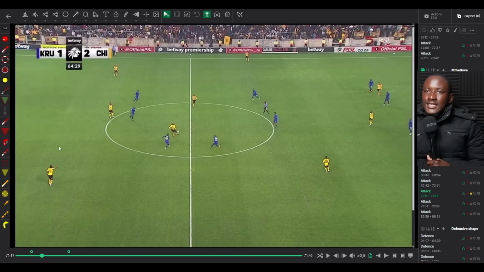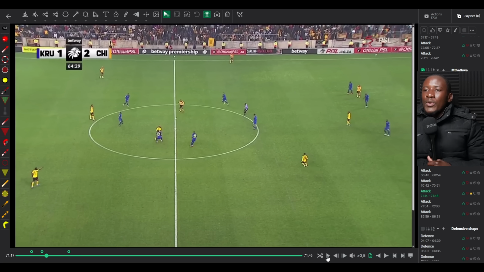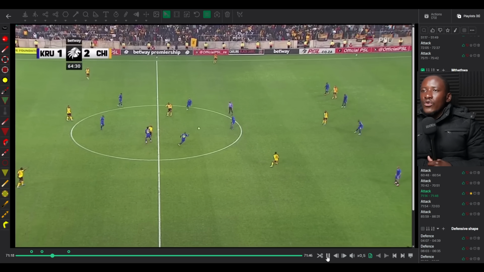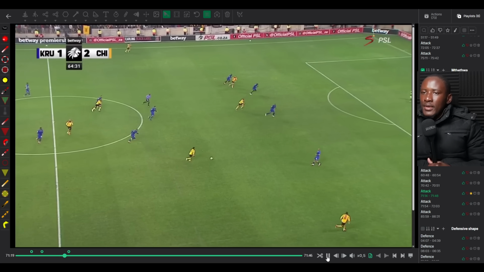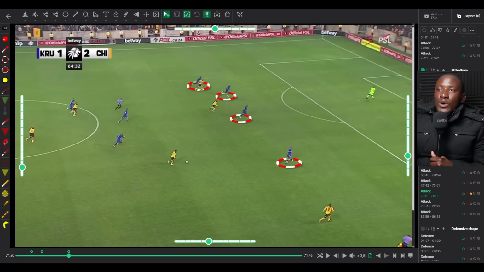Look, he attracts not one, but attracts this guy, attracts this guy. This guy wants to come in. This guy wants to come in. So four players will now be attracted just because the pass is going to Mthethwa. He touches the ball, and now because he played a back pass, or what seems like a back pass or a sideways pass, that means we have created space for that through ball to be played, and now bam, Kaizer Chiefs are attacking. So not all back passes are created equally. Some back passes could be played because we are trying to manipulate the shape of the opponent, which is exactly what happened here.